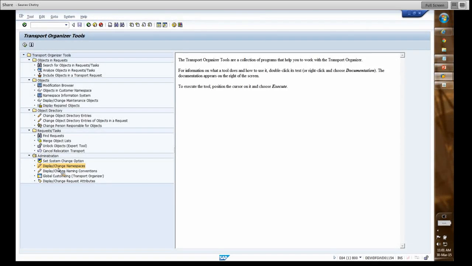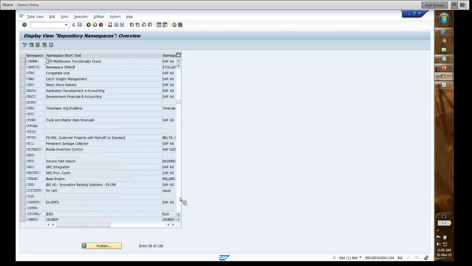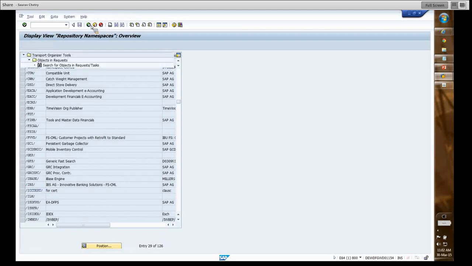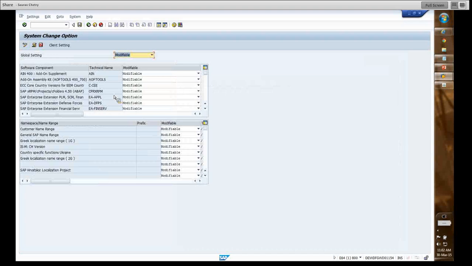namespace. So here I am trying to display the namespace that is installed in this system and that I am planning to use. As you can see, there is a namespace called ICC test which is installed in this system, and this is the namespace that I will be using for this demonstration today. Going back to the screen, I will also go to the set system change option in the administration tab, and